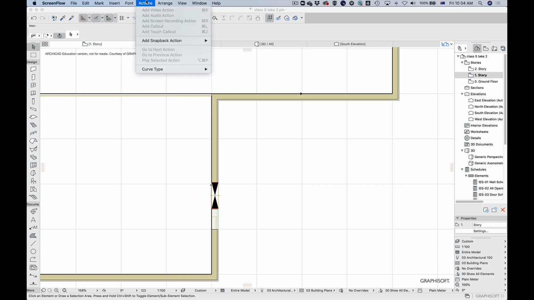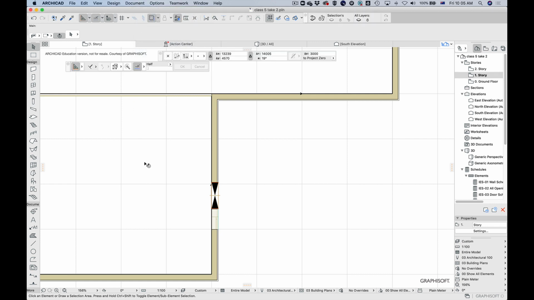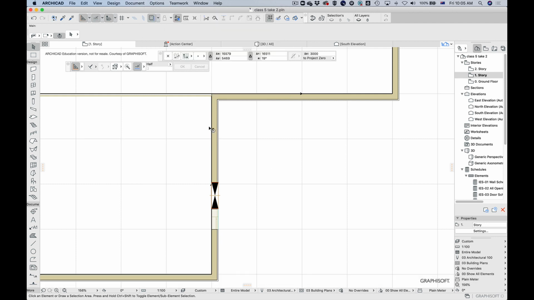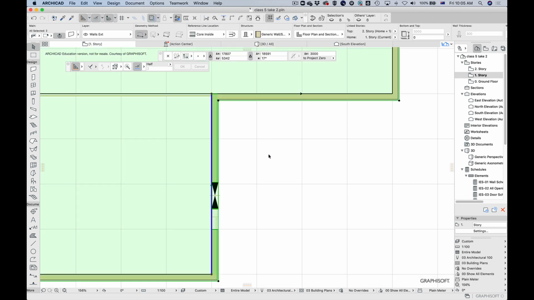As promised, today we're going to be going through the element attributes, specifically the fills, surfaces, building materials and composites. We see most of this in the form of composites. So for example, if we have a look at these walls,